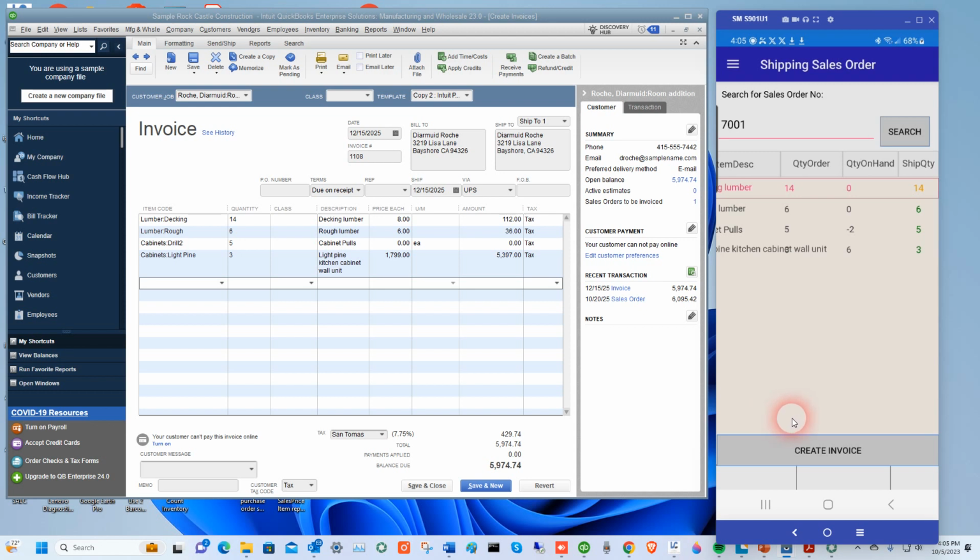So just thought I'd give you more detail on our shipping sales order functionality inside the Count Inventory app from